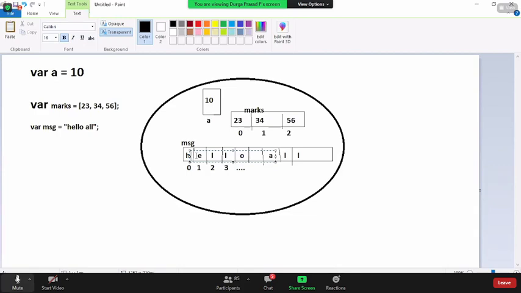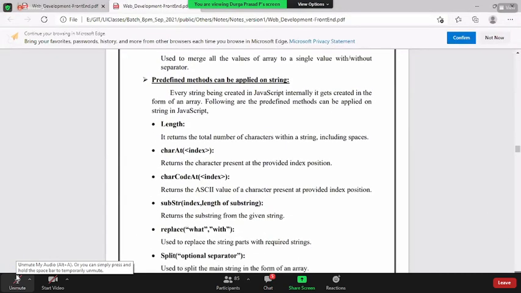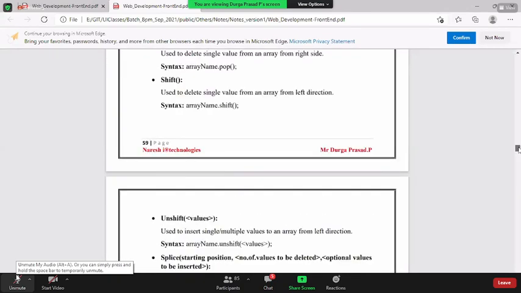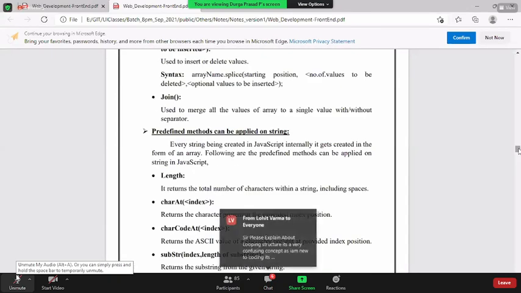The length property returns the total number of characters, including spaces. charAt returns the character present at a particular index. charCodeAt returns the ASCII value. Substring and slice are used to find a substring. Replace is used to find something and replace it. The split method splits the complete string into an array.